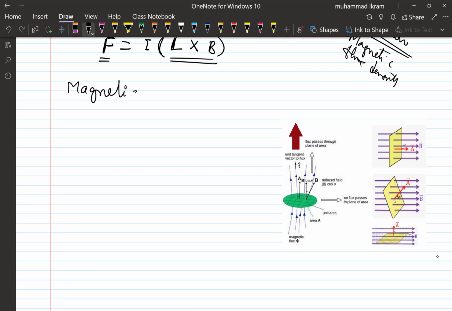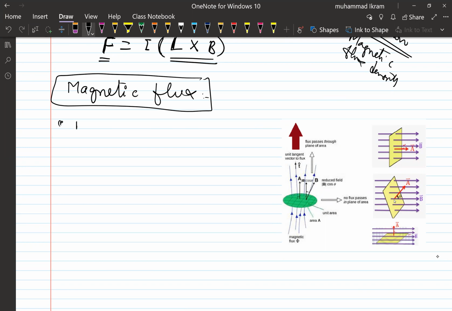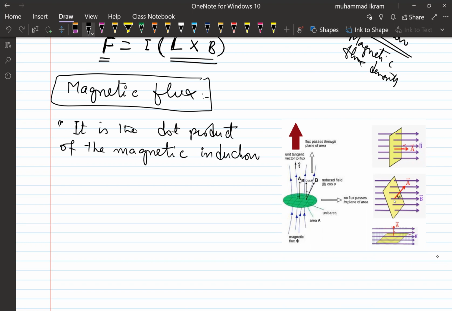Magnetic flux. Like electric flux, we have magnetic flux also, and we can define it as the dot product of the magnetic induction B